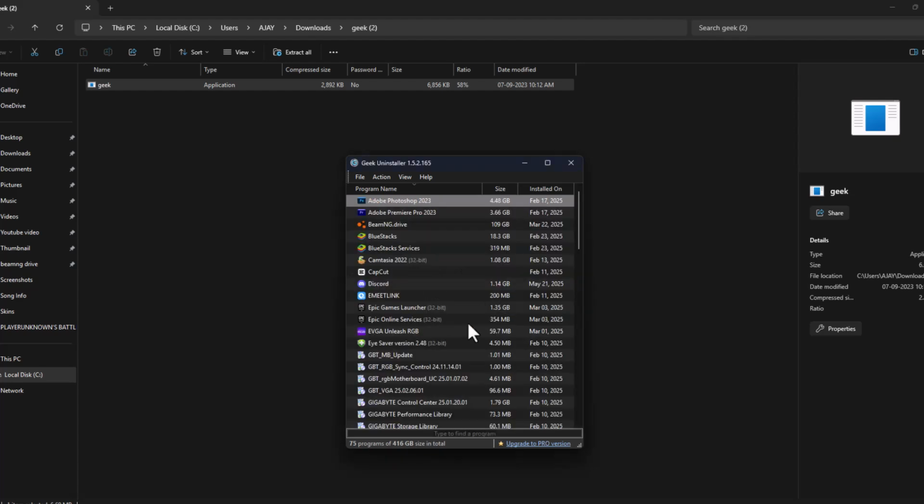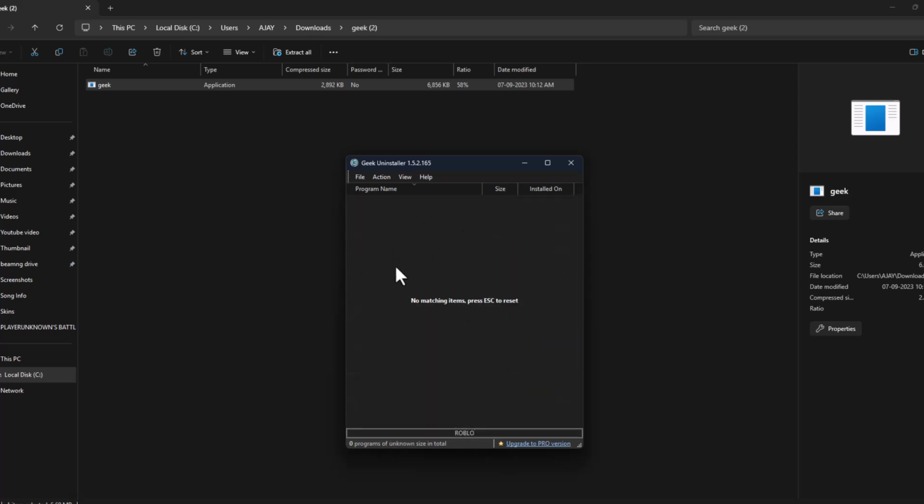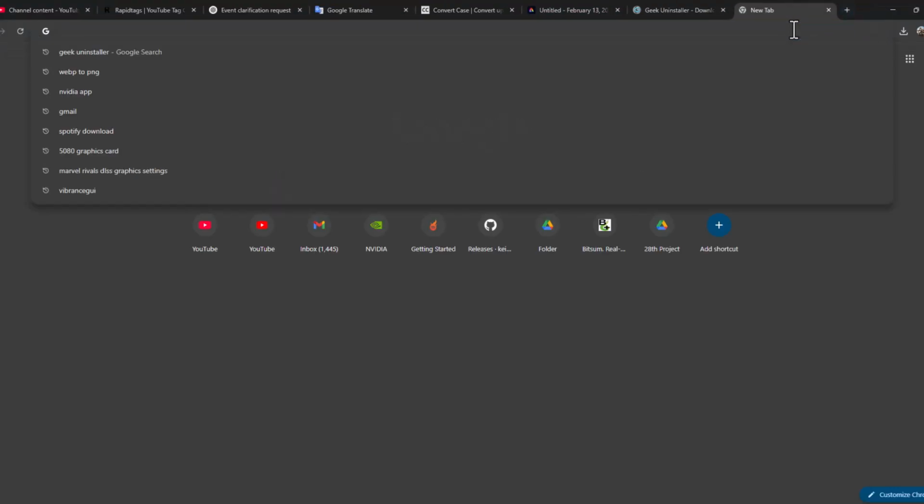Now just close this stuff here. Make sure Roblox is uninstalled. After that, close this stuff here and open up Chrome and search Roblox